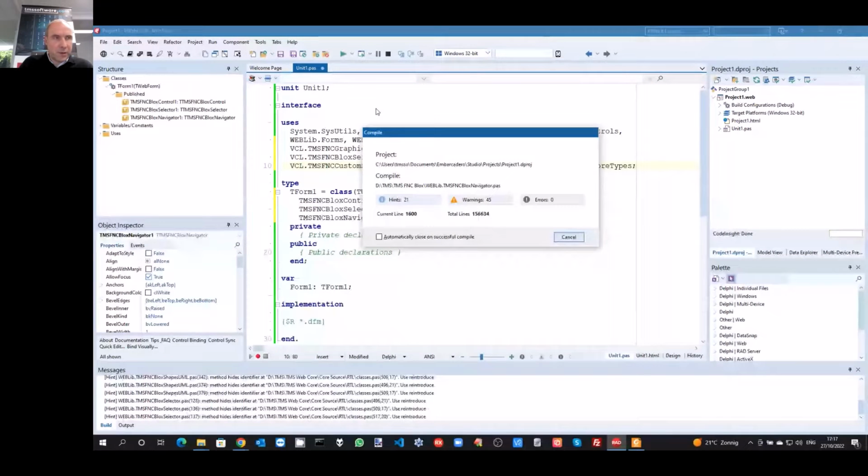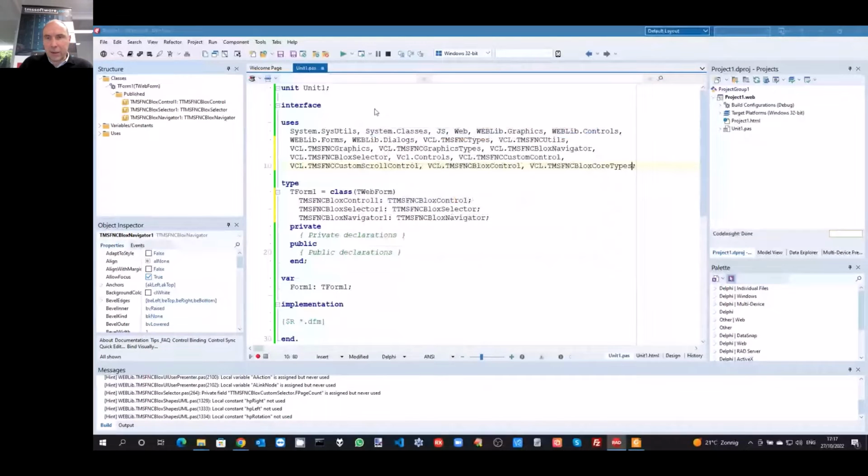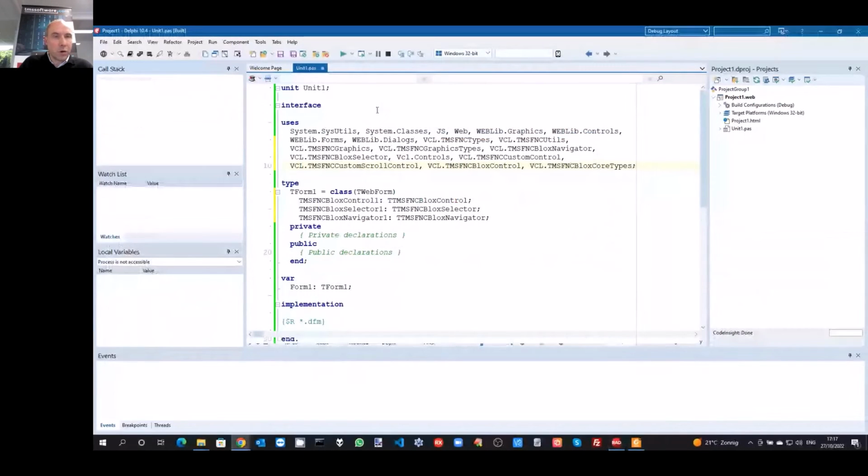It is now generating the web client application, and there is a debug web server that is included in TMS Web Core that is launched now.